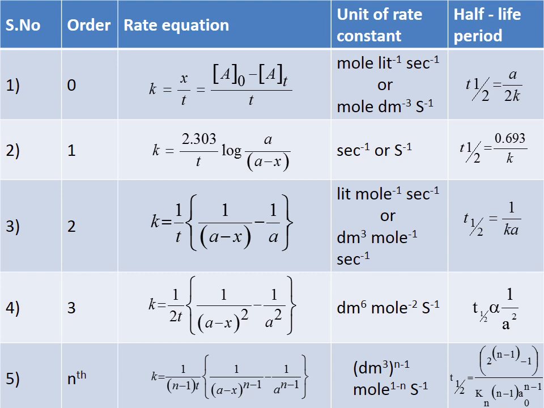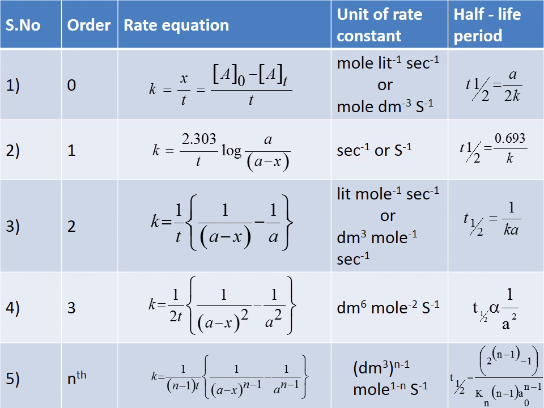The unit of rate is dm^6 mol^-2 s^-1, and t half is directly proportional to 1 by A square. And similarly for nth order reaction, K will be equal to 1 by (n minus 1) into t into 1 by (A minus x) whole power n minus 1 by A power n. And the unit is (dm^3) whole power n minus 1 mol^(1 minus n) s^-1,